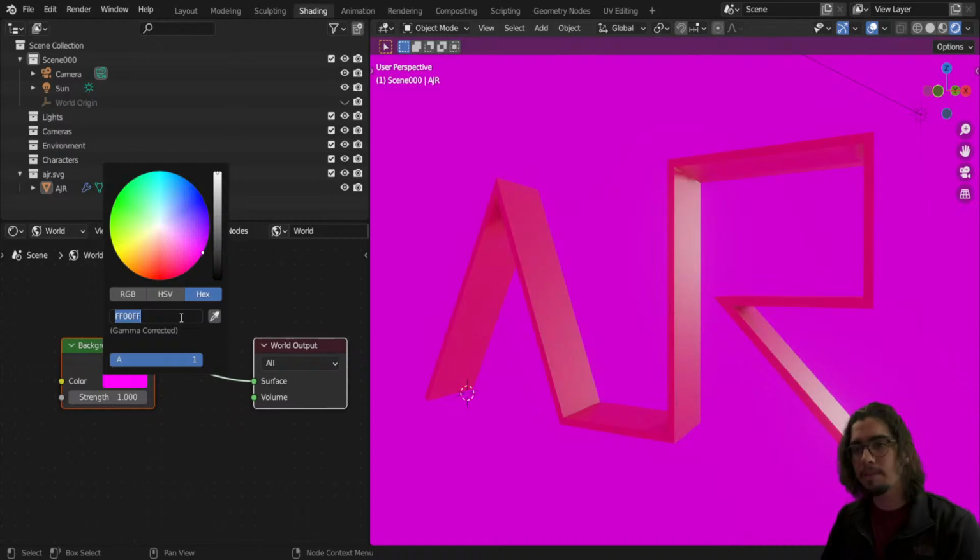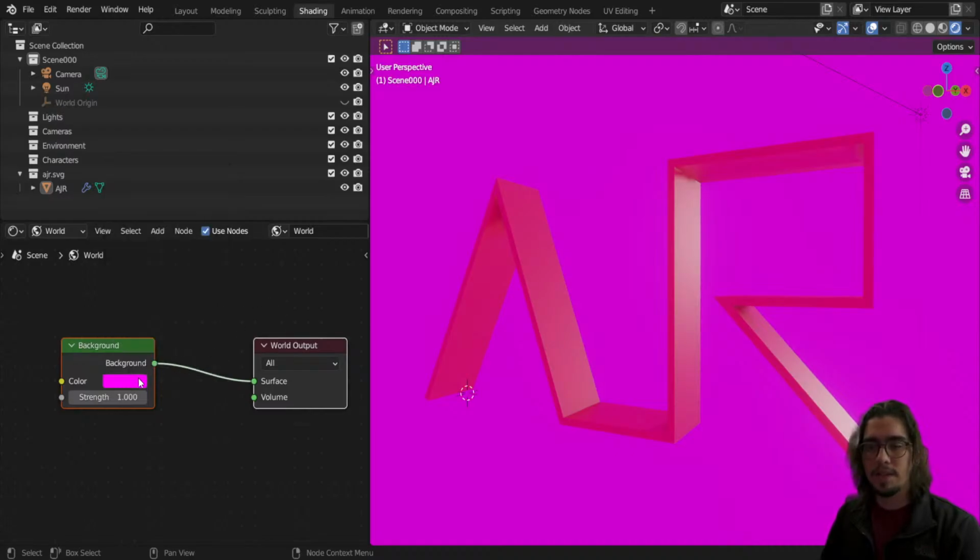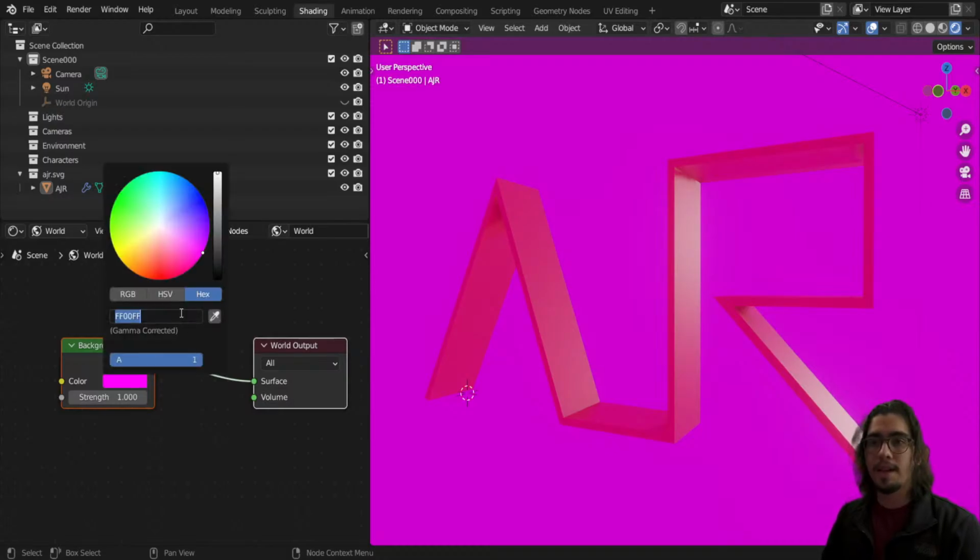So if you have a color palette that you like to work with, if you have a color scheme for your brand, for your logo, you can simply type in the color values into the shaders of the objects that you're working with, or even the world background, and type in something like FF00FF, which will give us, or no, sorry,